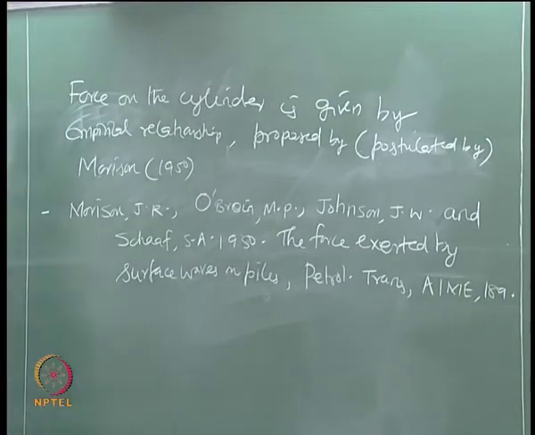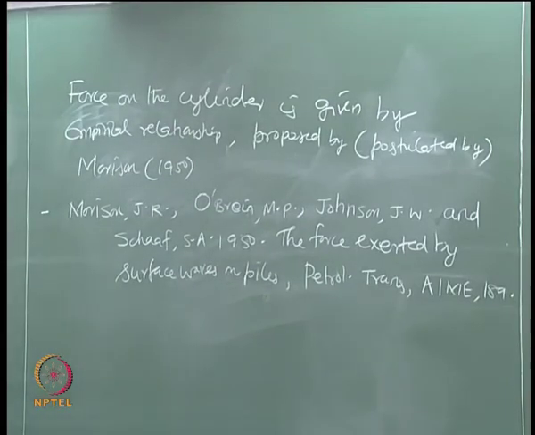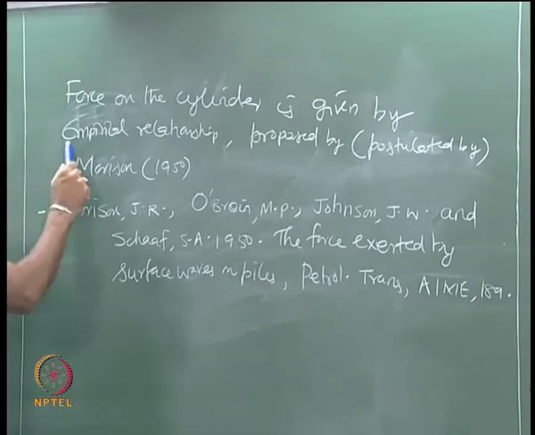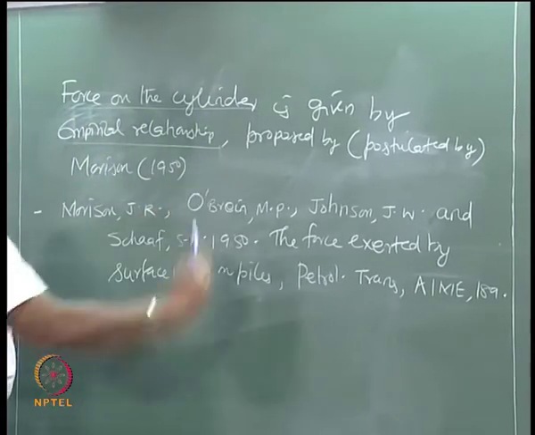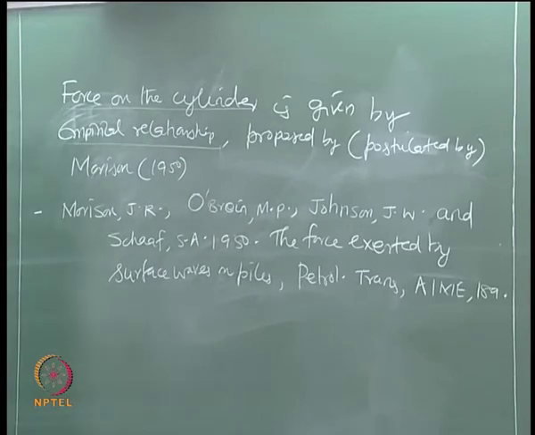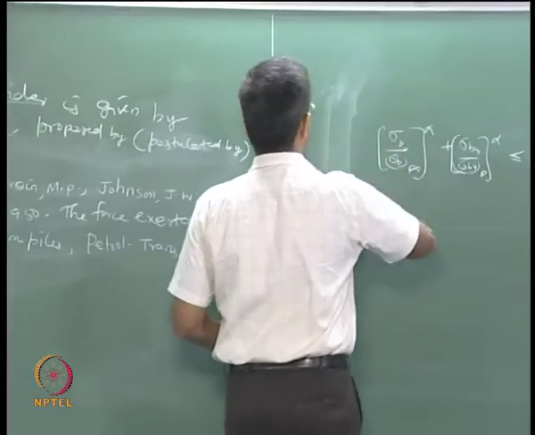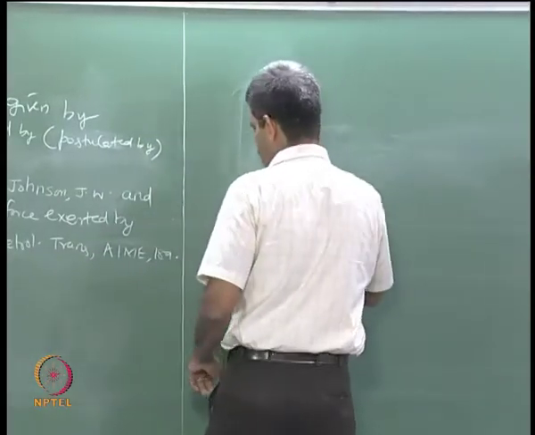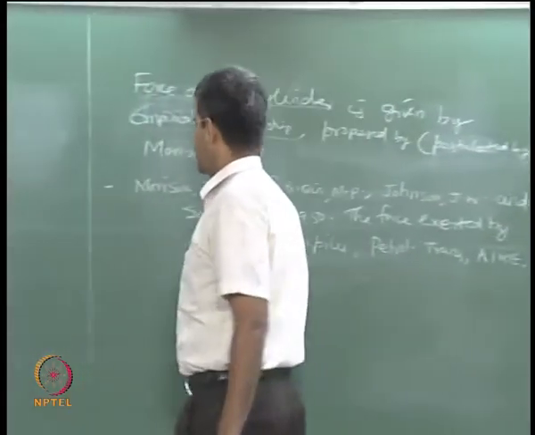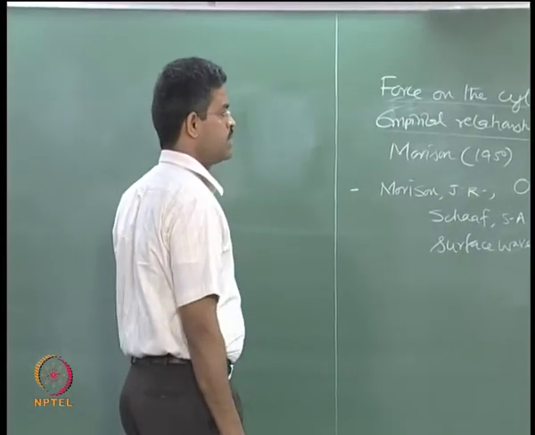So, the researchers Morrison et al. proposed in 1950 an empirical relationship based on which the force on cylinders can be computed, which is f of t, which we are talking about on the right hand side of this equation. There are some idealizations on this particular f of t which we want to describe here before we do a detailed dynamic analysis for this by solving some examples.